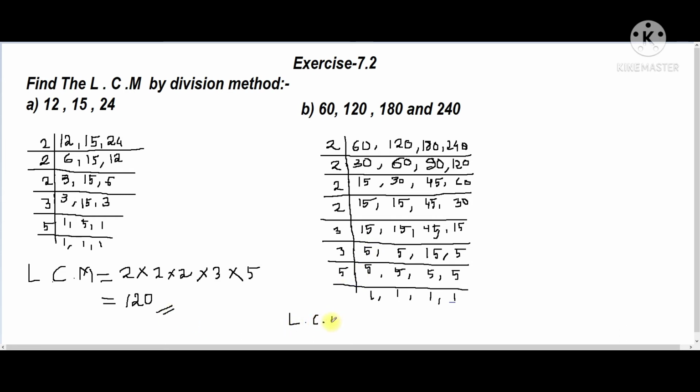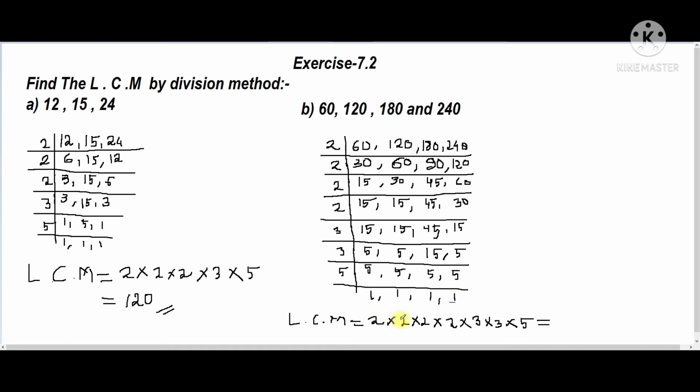So up to this much you do, and then you write LCM. The LCM will be the multiple of all these numbers. Okay, so here 2 into, how many 2's are there? 4 twos, so we'll write 2 into 2, again 2, again 2, and then what do we have? 3. So here 3, and then the next and last number, this one is 5. Now we'll multiply all these numbers.